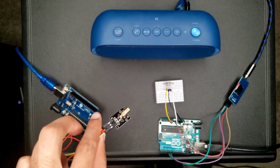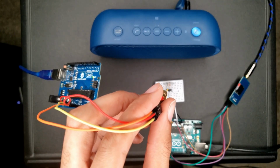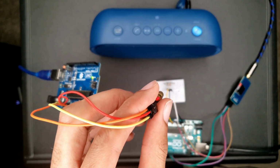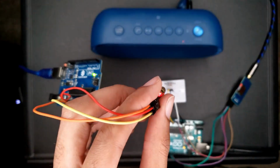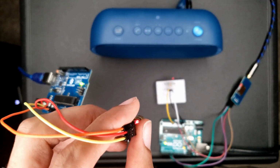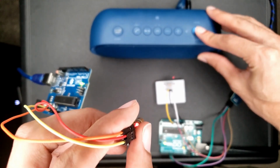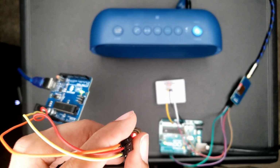So the first thing I'm gonna do is raise up my laser high enough to the point that it's over the resistor, right? Turn off my light real quick. As you guys can see right there, you can clearly see the laser, right? So I'm gonna put it right there on top of it. And then I'm gonna turn on my actual speaker. Nothing is being played. As you guys can see, nothing is being played right now. But the second I move it,